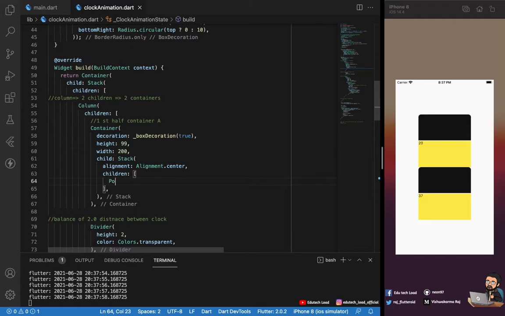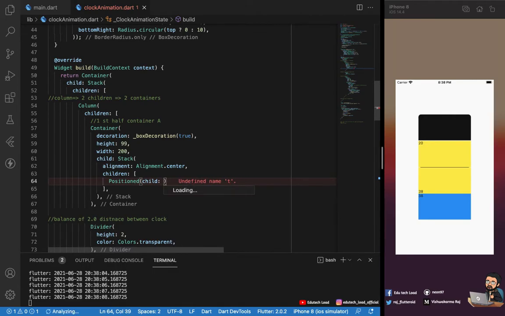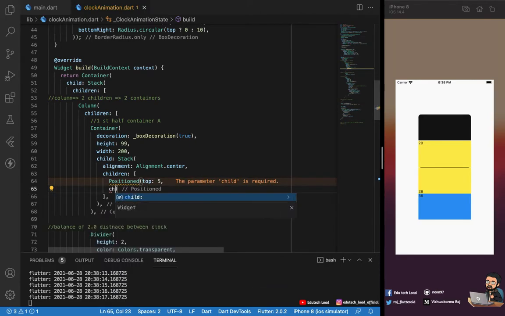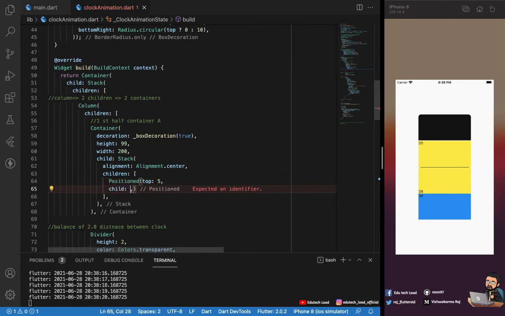We have Positioned, because we need to position the text widget so that it sits at this top, this top, and this top. Let's say the top will be around 5, just an assumption for the moment. Now what we need to show is what we have to place here. If we have the text widget, that is the time,